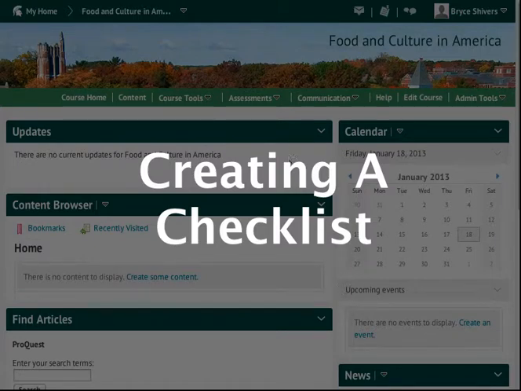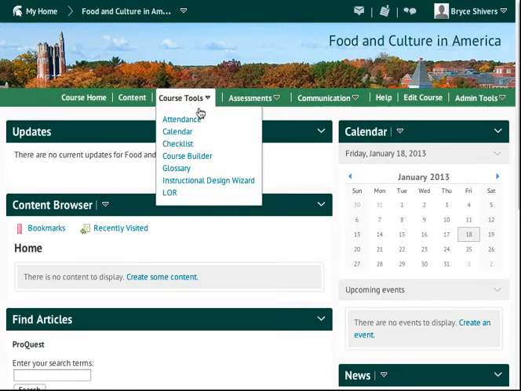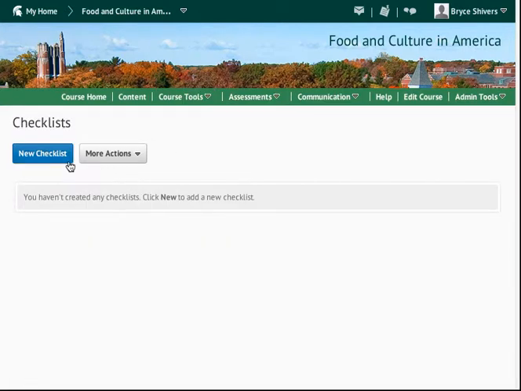This is a short tutorial about how to create a checklist in Desire to Learn. In order to create a checklist, you want to go into the Course Tools tab and down to the Checklist Manager. Once you're in here, you can create a new checklist,